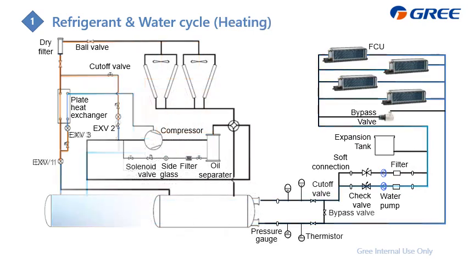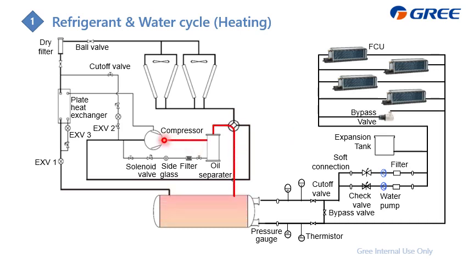And for the heat pump type, it is similar to the cooling-only type, and we just add this device. It is a four-way valve, and for the water cycle, it's completely the same. The difference is just that we add this device. And I will also analyze how the refrigerant flows in the heating cycle.